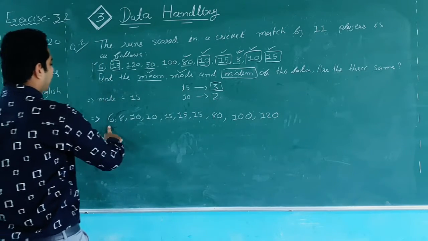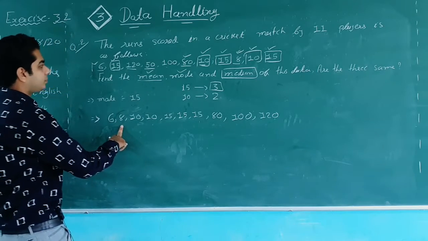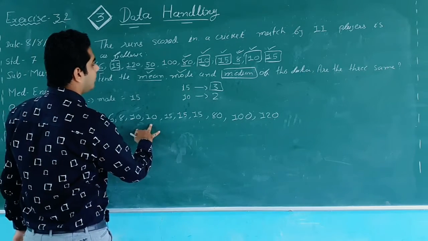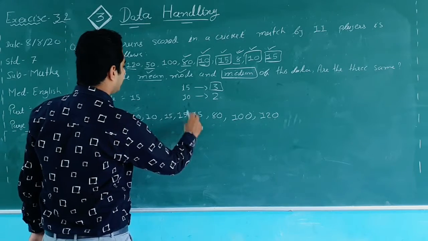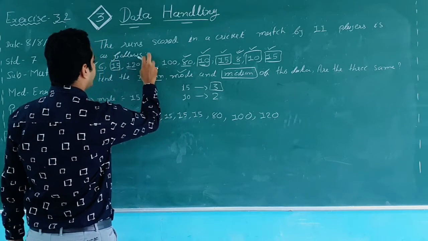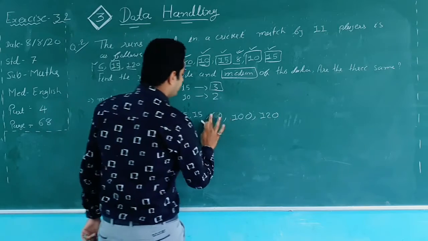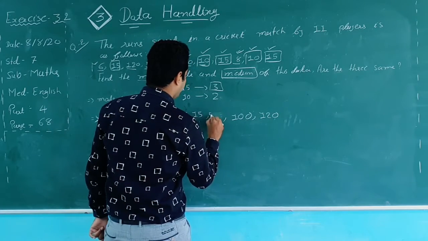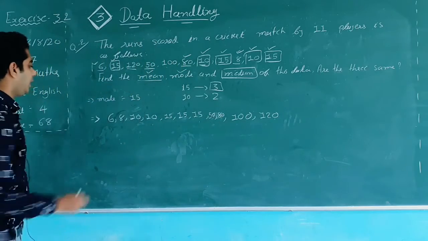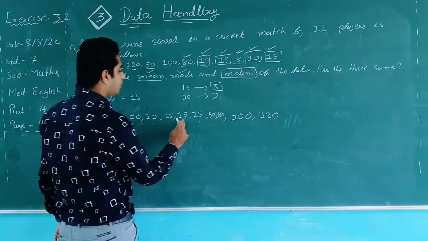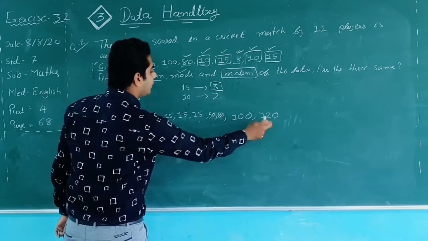See, 6 is taken, 8 is 1 time, 10 is 2 time, now 15 is 3 time. Then after 15, yes, the one data is left, 50. 50 is left here, 50. After that 80. So here now see 1 2 3 4 5 6 7 8 9 10 and 11